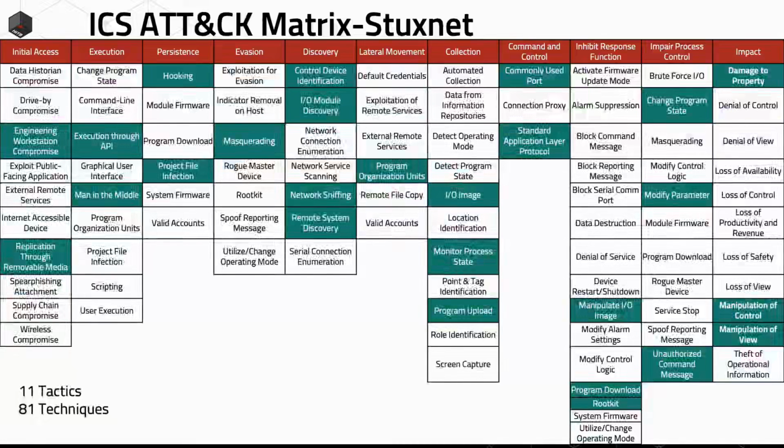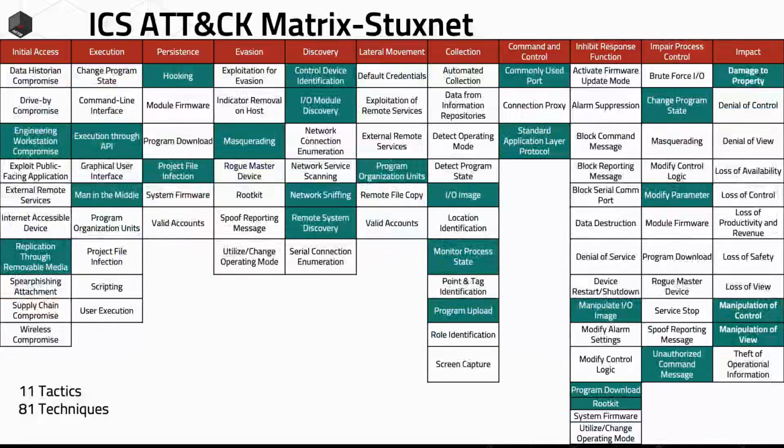Okay, so here we use the ICS attack matrix to analyze past ICS incidents. We can see analyses of Stuxnet in 2010, Industroyer in 2016, and Triton in 2017 on the ICS attack matrix website. This way, we can use a common language to explain what happened, for operators, for cybersecurity experts, for everyone.